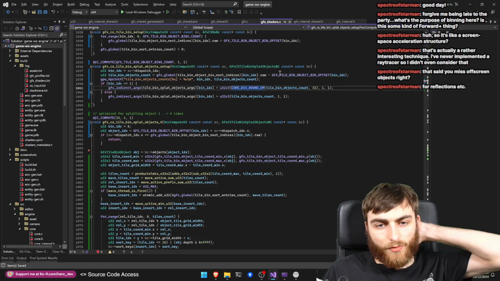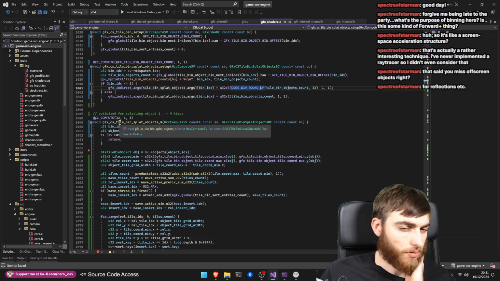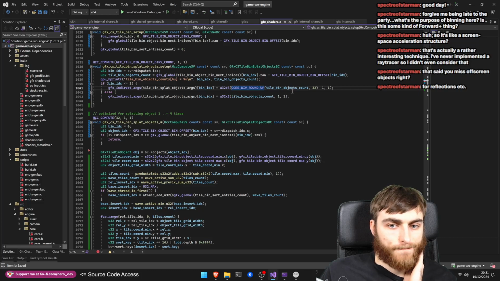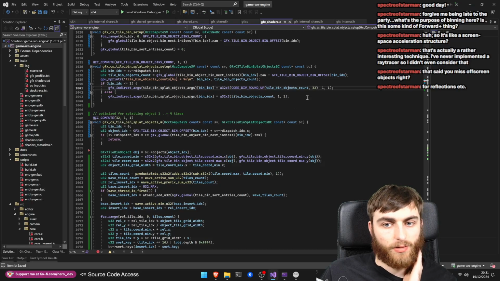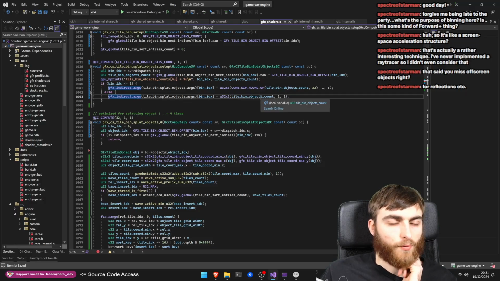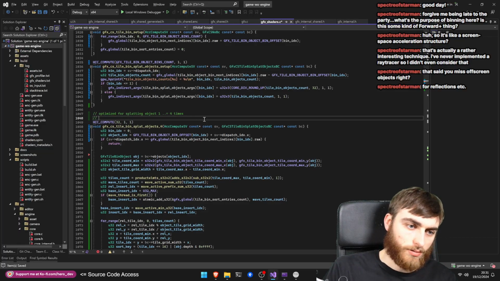Cool. So the first two get one thread per ellipsoid. So we need to launch the number of objects divided by 32, which is the thread group size, rounded up. That's the number of groups we need to launch. Whereas the rest of them have one group per object and they copy many objects across multiple threads because they benefit from that. So I'm going to write in here